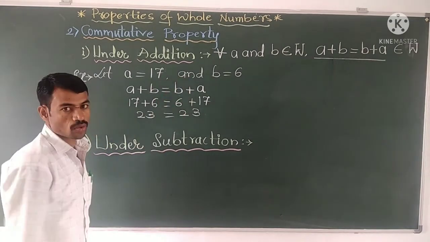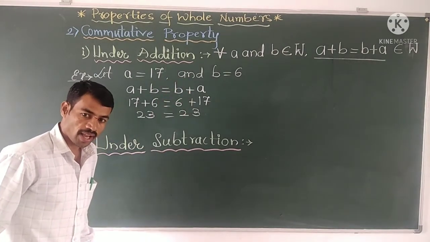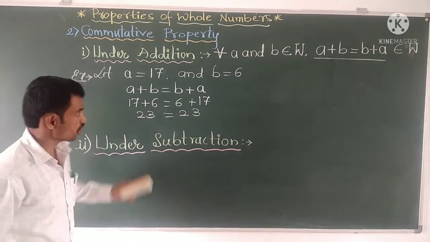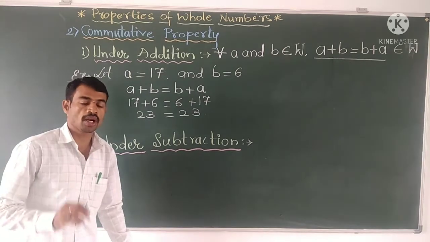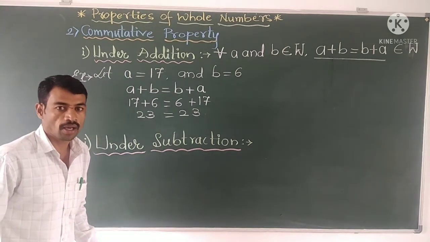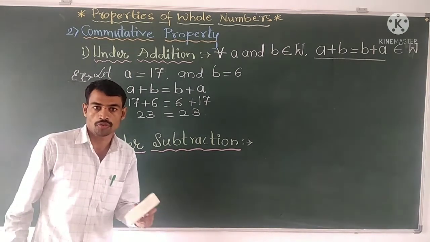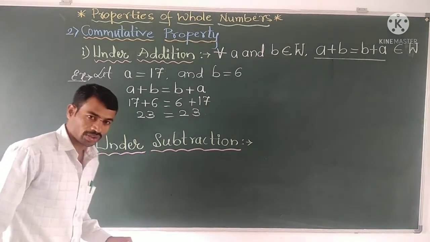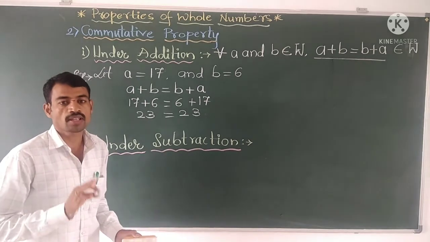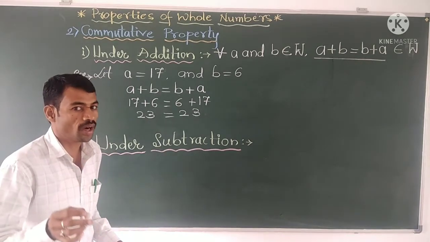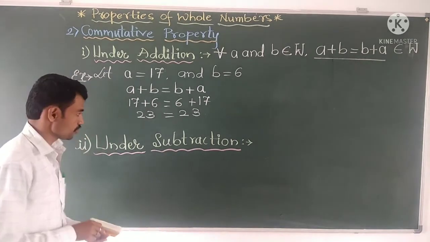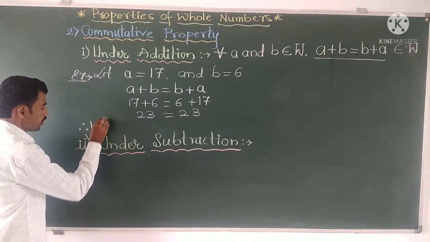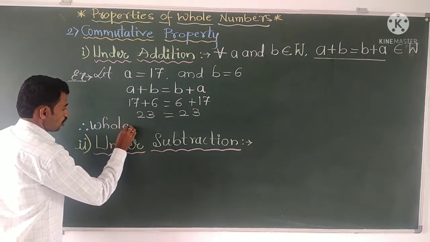a plus b equals b plus a. This condition is applicable. Which condition? The commutative property condition is applicable for the addition of whole numbers. It means we conclude that whole numbers are commutative under addition. Finally we can give the conclusion: whole numbers are